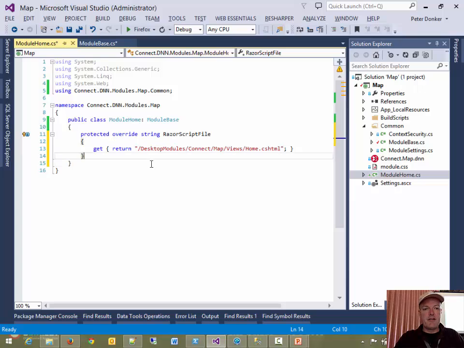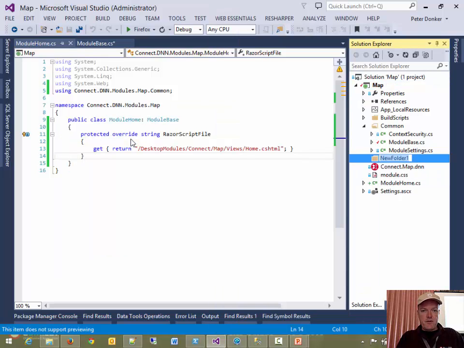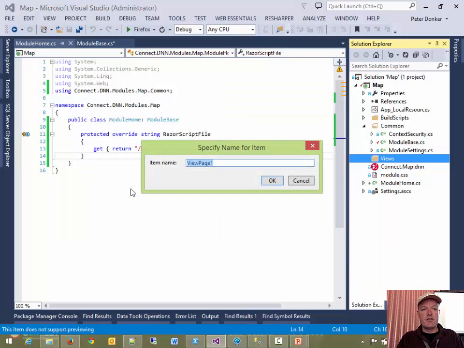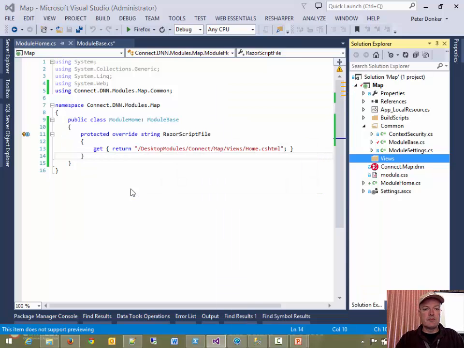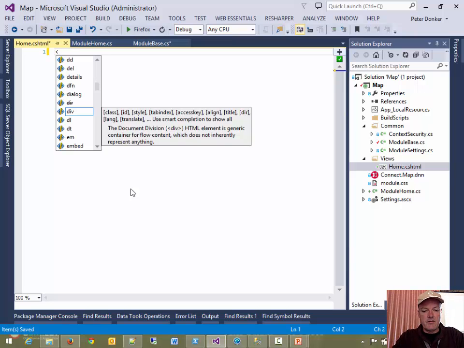/map/views/home.cshtml. Right. So at this point in time, I of course will create a folder, and that folder will be the views, right? That's where I'll hold all my views, and I will add a Razor file there. Razor file, and I will call it home. And I'll clear all that stuff out, right? And say, okay, well, I have just the